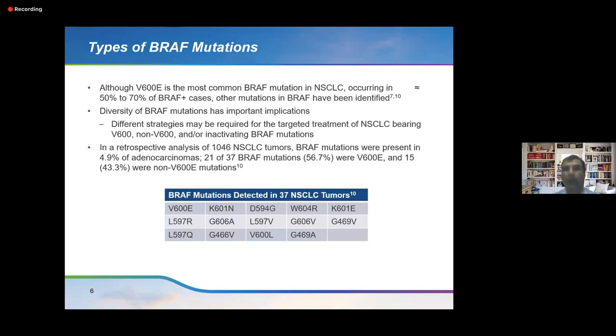Now, very important is, we spoke about BRAF. BRAF is present in 2 to 4% of patients. Contrast this with ROS. ROS is present in 1% of patients. And even ALK, when it came initially, was present only in 4% of patients. Now it's 10%.